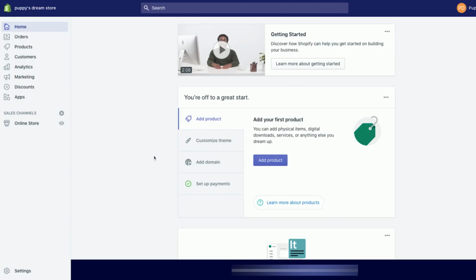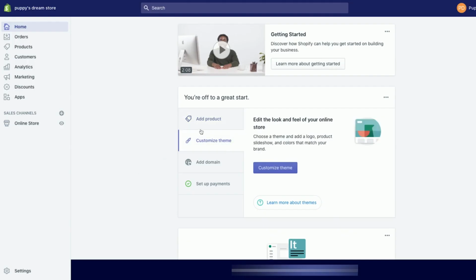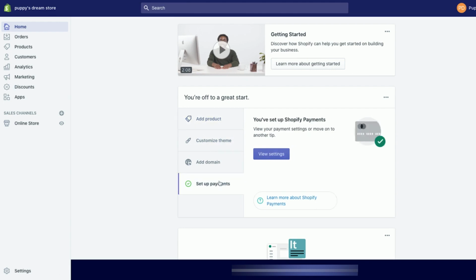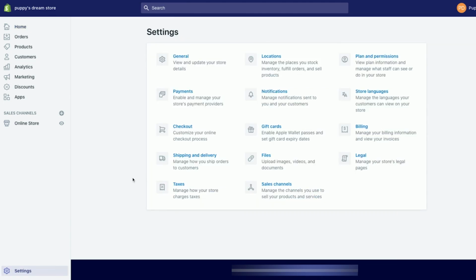Now we're inside our Shopify dashboard where we'll be able to customize a store, upload our products and set up payments and shipping options. We will start with the technical issues that you need to resolve to make your store work. So click on the Settings tab. This page is really important because here you can edit the store details, store address, and other general settings. And you need to set up your taxes, store policies, payment methods before you start selling.